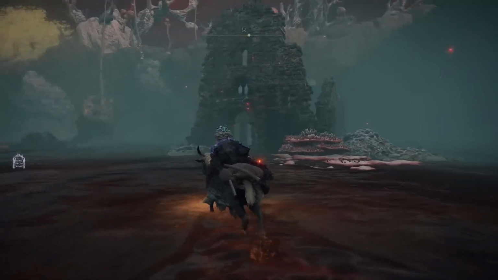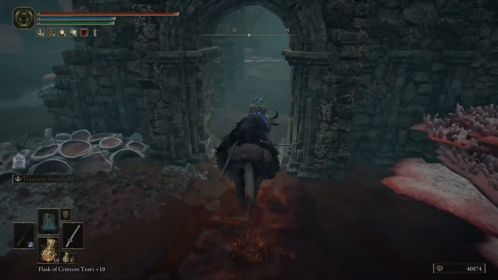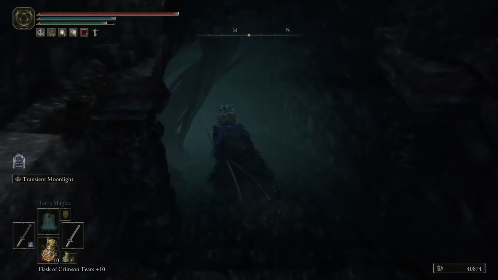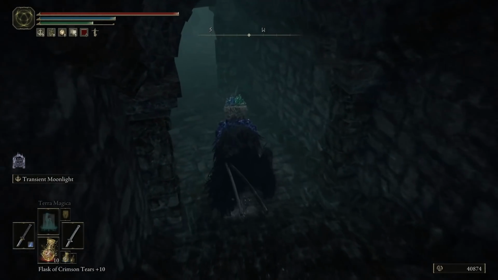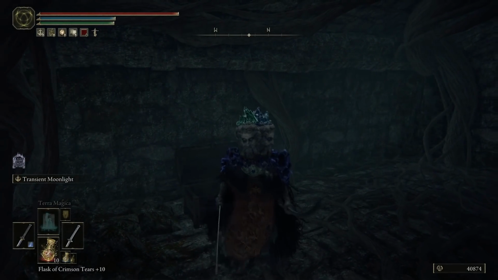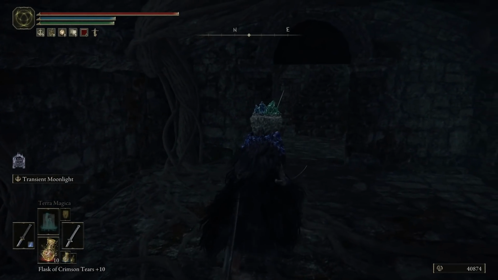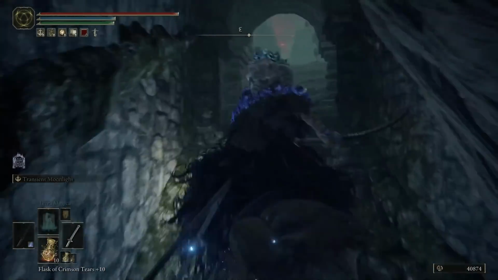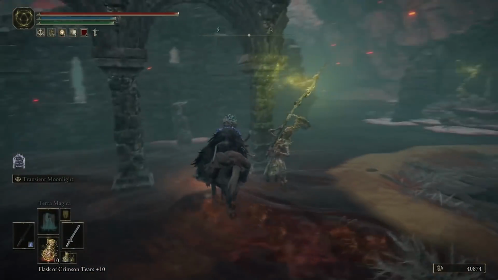If you head to the far west, you're going to see this structure here. You can grab yourself a spell down here called Rock Sling. It's really powerful if you are running just a standard sorcery-based mage, like on an astrologer or something. So grab Rock Sling. But from this ruins, what we're going to do is head back up the stairs, and